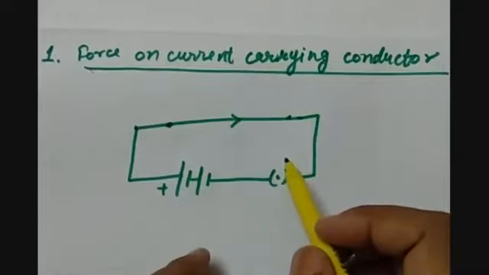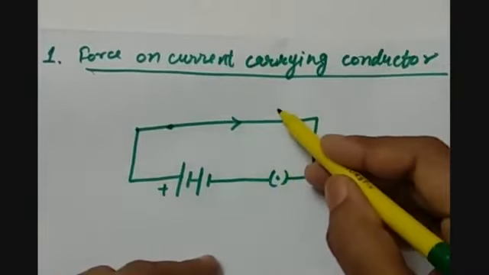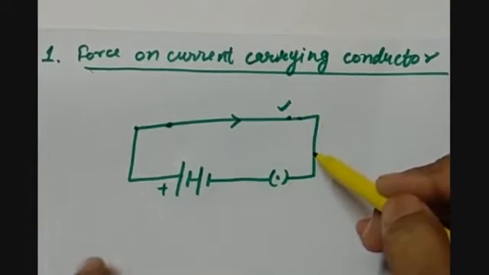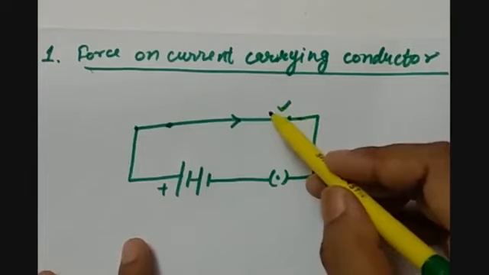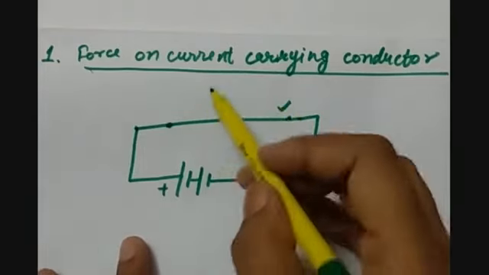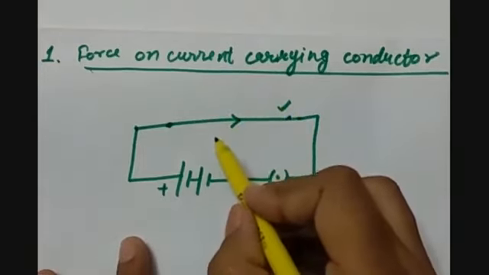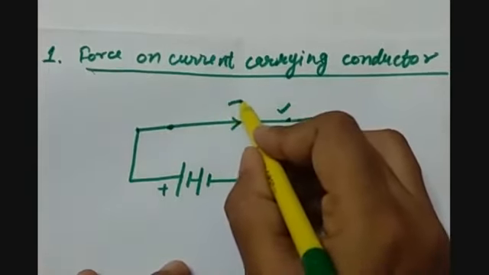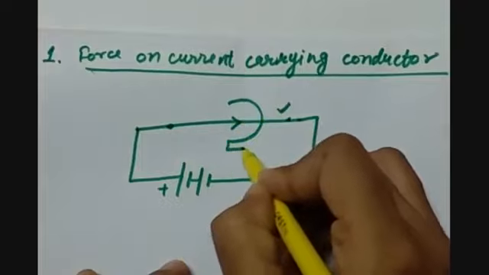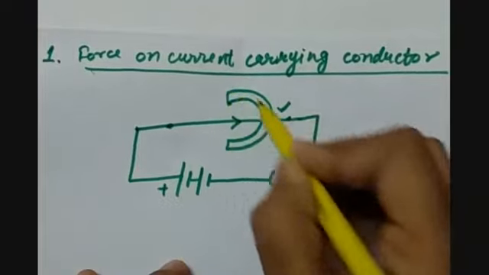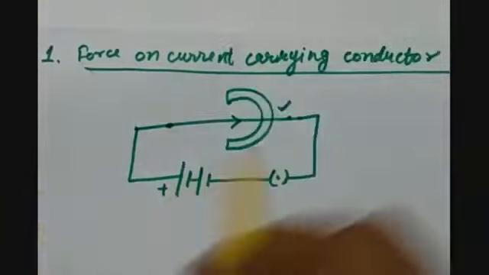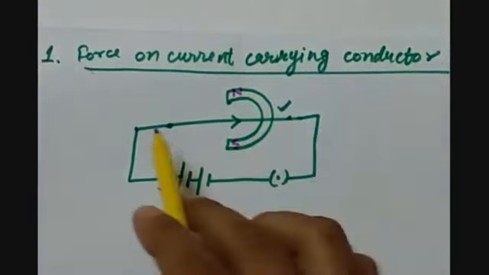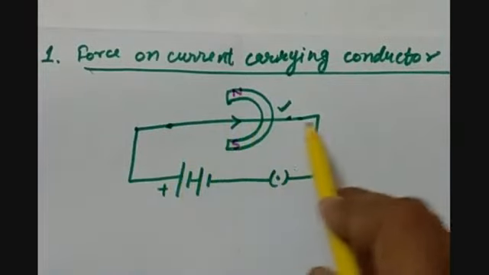And if we place a magnet near the conductor, it can be a permanent magnet. So let's say we keep a bar magnet near it, or a horseshoe magnet which can be kept over this wire in this manner, which is having its north and south pole, and the current is flowing through the conductor.